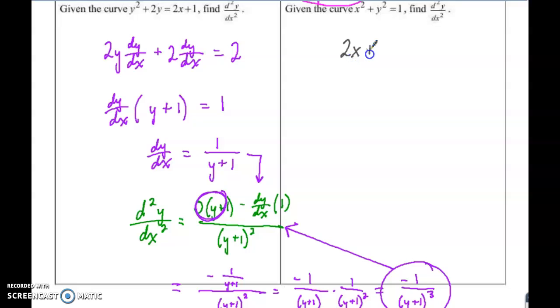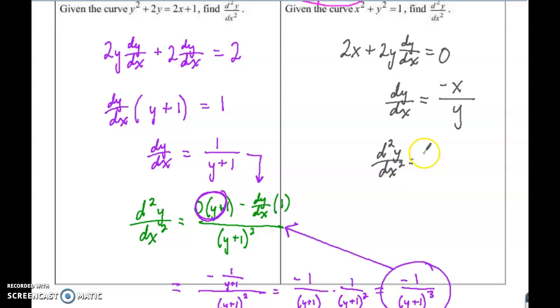So 2x plus 2y dy/dx is equal to 0. And we've actually done a problem like this before. For dy/dx, you subtract 2x over and divide by 2y. Well, those 2's will cancel. So then the second derivative,